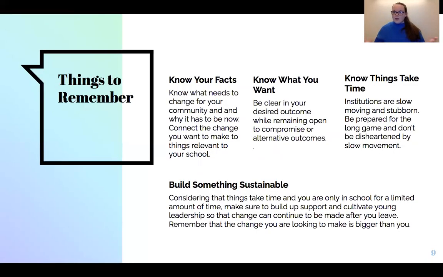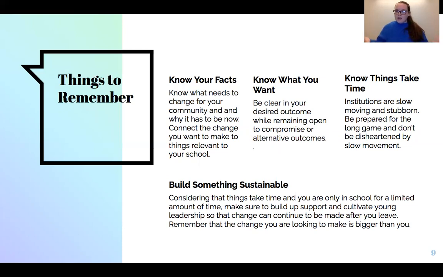So again, I want to share some things to remember, some things that I've learned, and some things that are sometimes forgotten in this very challenging work that we're each doing. First is know your facts. I can't even tell you how many times projects have fallen through because students have had a great idea only to find out that this thing only impacts 3 students on campus. It impacts them, but only 3 other students. Or something that